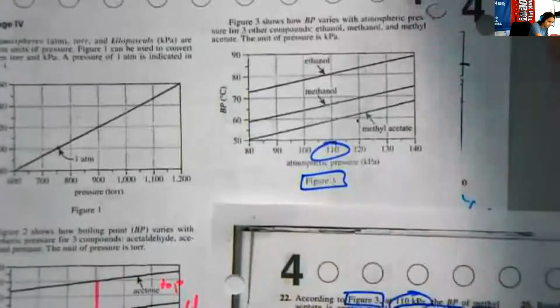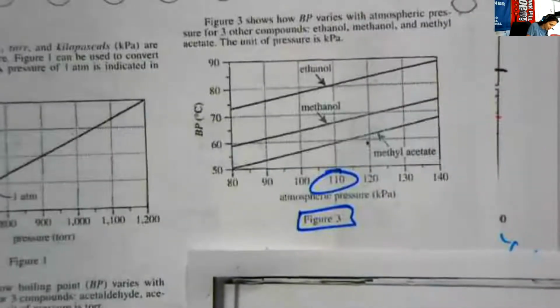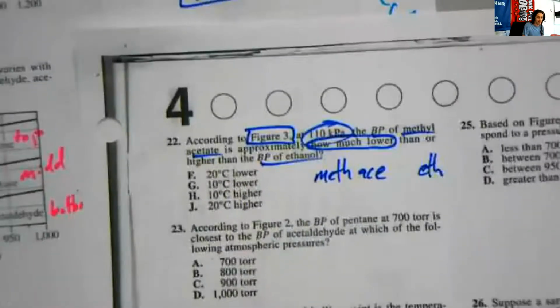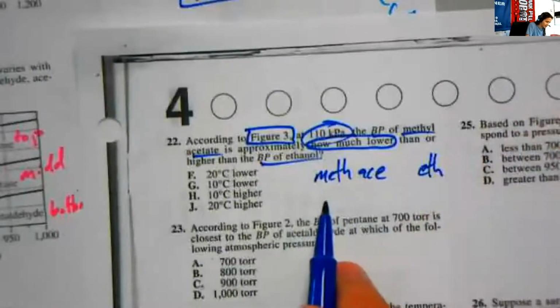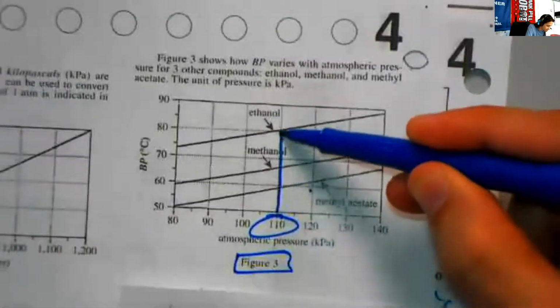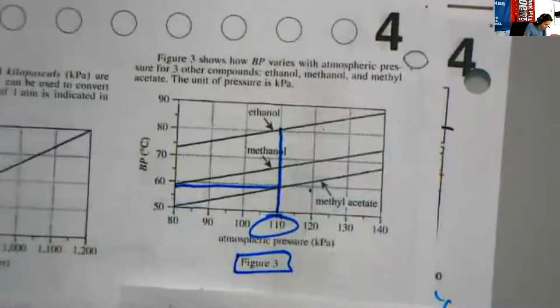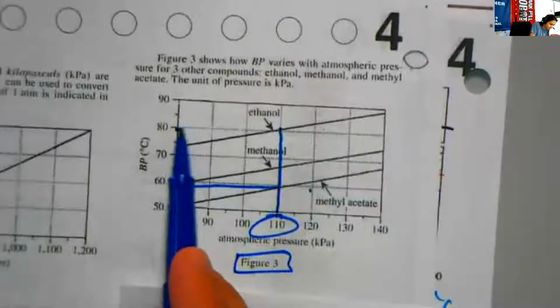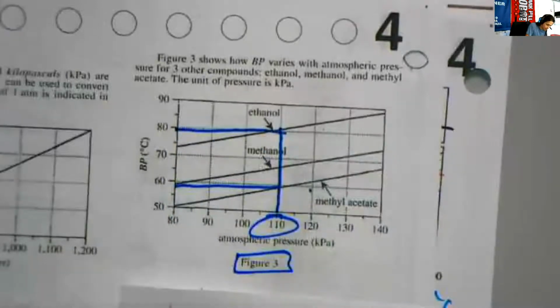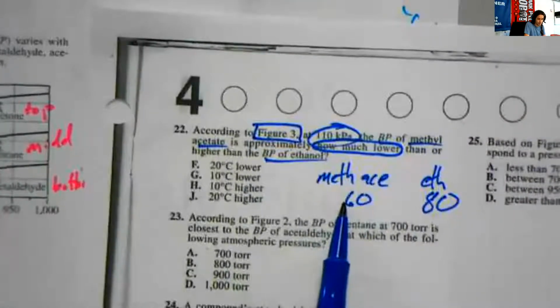Figure 3, 110. And I say to myself, okay, methyl acetate, how does that compare to ethanol? How does methyl acetate compare to ethanol? Well, let's look. At 110, methyl acetate is right around here at, I don't know, say 60. Ethanol right there, right about 80. So methyl acetate is 20 lower